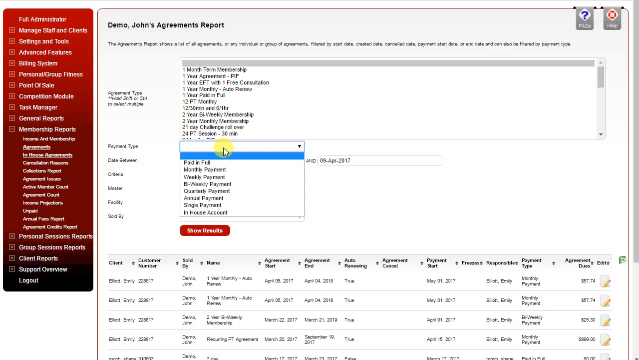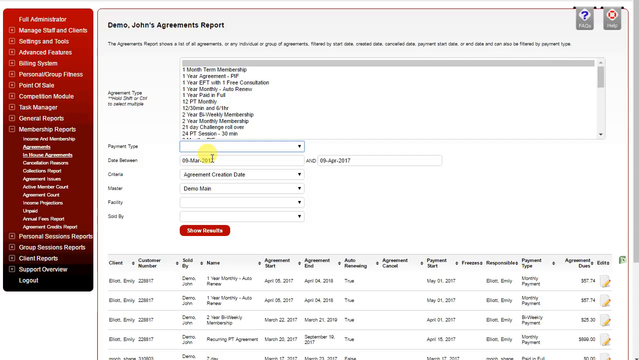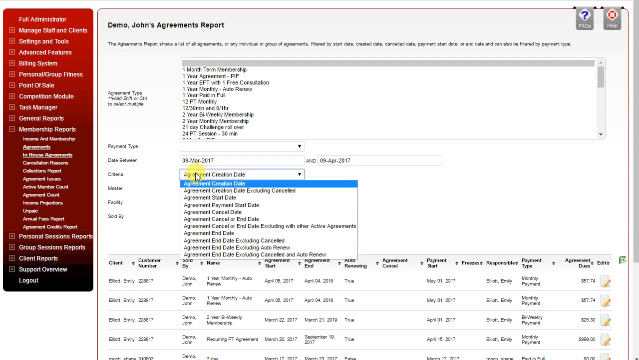You can then refine by payment type, whether the agreements are only paid in full, monthly, weekly, bi-weekly, quarterly, annually, single payment, or in-house agreements. Then you can set the date range that you're looking for, and then the criteria that you want to search for, including the ability to search by agreement creation date,